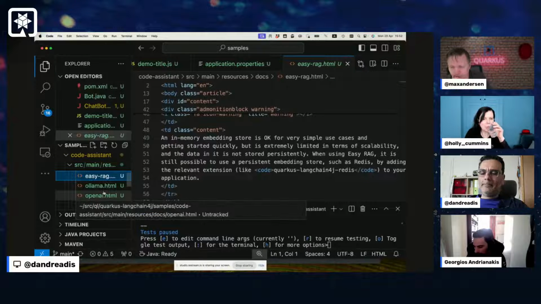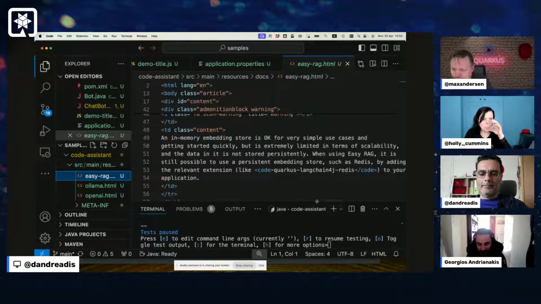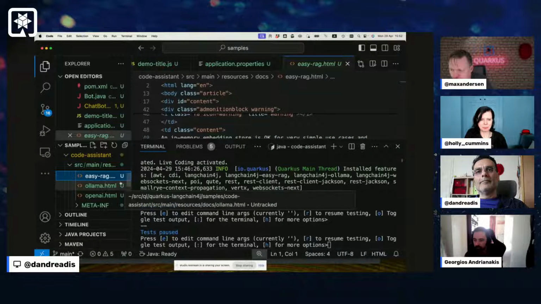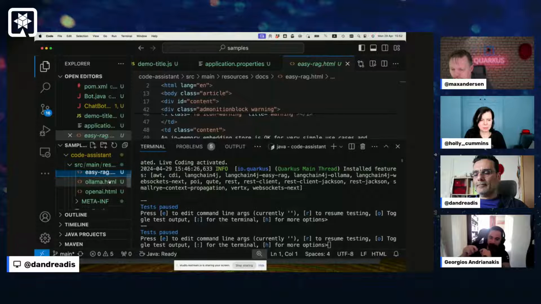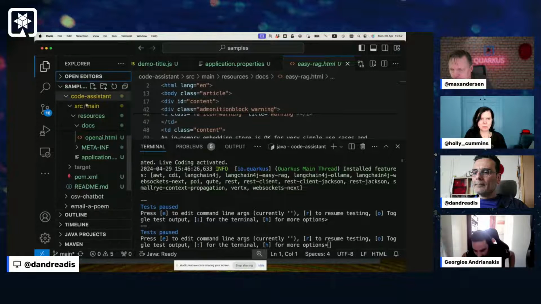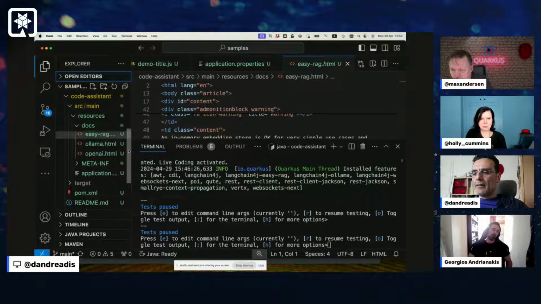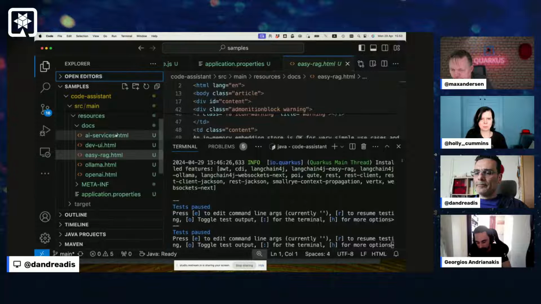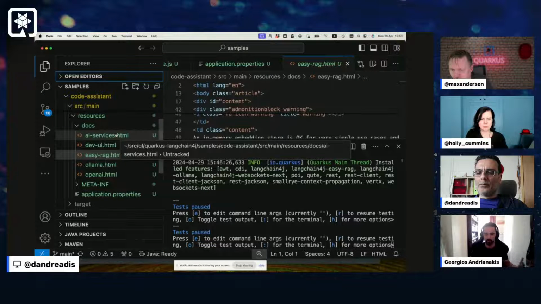So if we were to do the same demo in LangChain4j, all this was possible, but you would have to write a lot of glue code. You would have to figure out which points are configurable and have them configured in properties or whatever. And then you would have to do the same thing in your other applications. So it's the approach of you have a library where it does a ton of things, and then you have a framework which just makes consuming stuff so much easier, and of course provides the dev services, dev UI, all that stuff is just